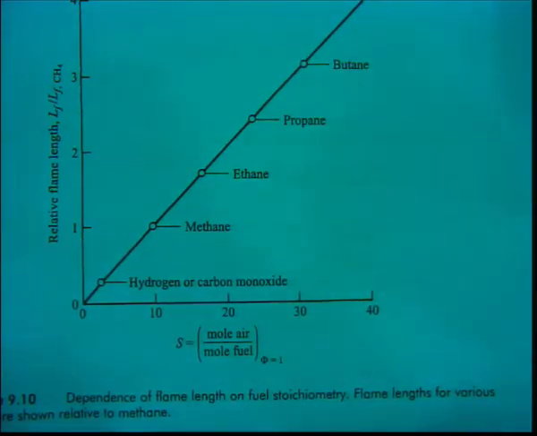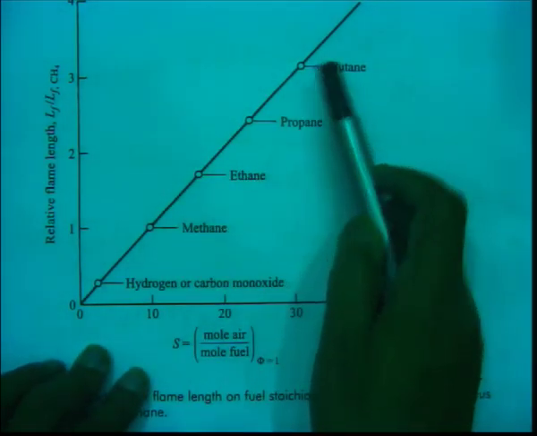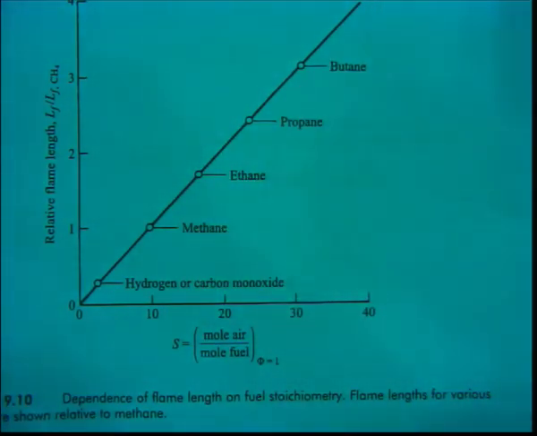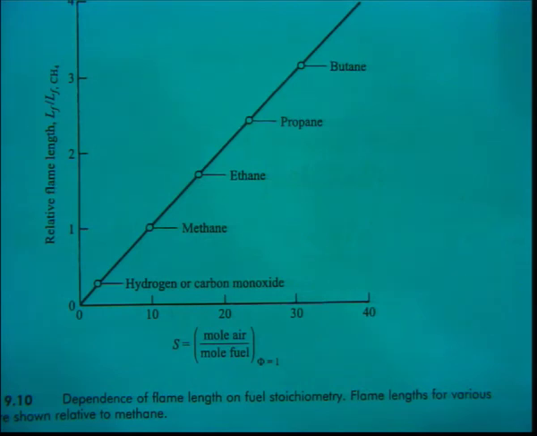So, it tells you that if you go to these higher hydrocarbons, higher alkanes, they will require more amount of air. They will require more amount of air because S value will increase. What is S? For 1 mole of fuel, how many moles of air you need? So, that is increasing. As you go from methane to ethane, propane, butane, that is increasing, and as that increases, the flame length actually keeps on increasing, correct. So, this is from the expression that I just now wrote,